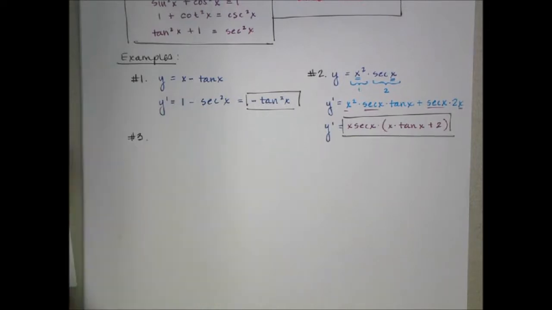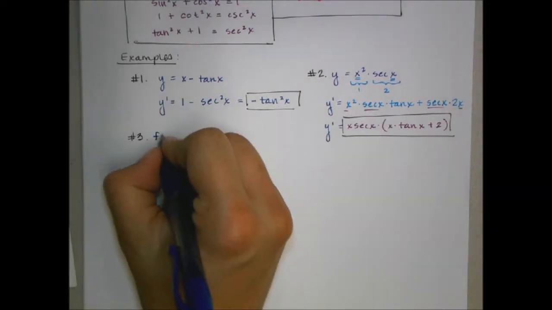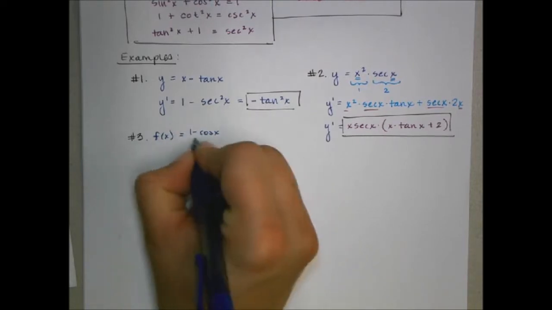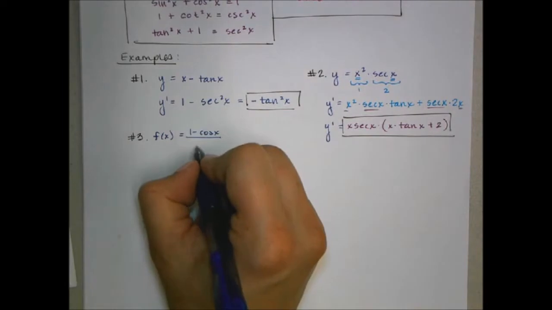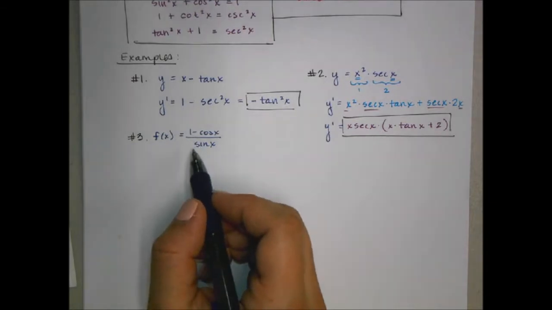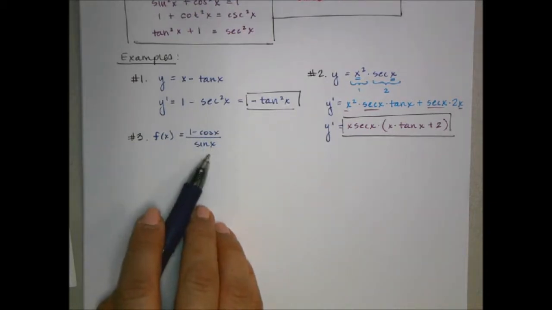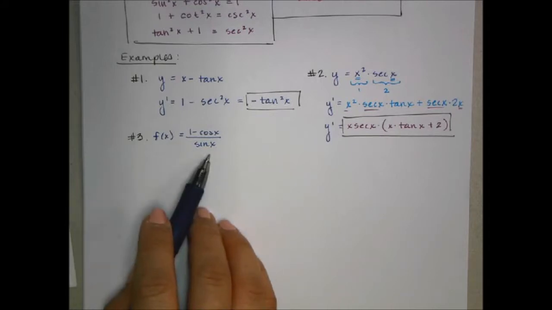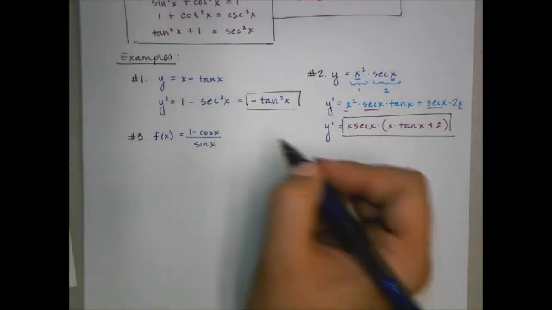In example 3, we're going to let f of x be (1 minus cosine) divided by sine. So with fractions, we can use our quotient rule. However, anytime there's one term in the denominator, it's possible that we could simplify the fraction first and then take the derivative. So if we want, we can split up our fraction for our function here, 1 over sine